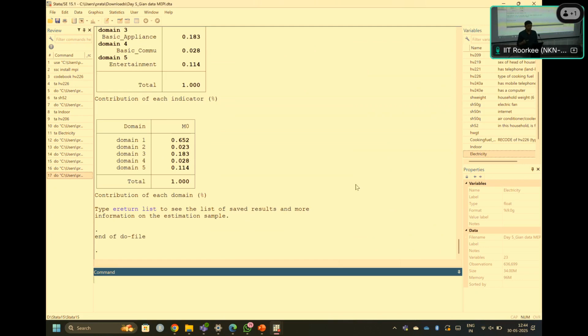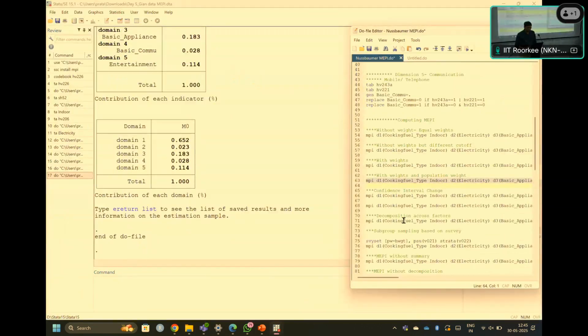Whenever your model is very narrowly defined, at a very sub level or at a very core level, of course your final sample will be very small. When your final sample is small, it cannot represent the entire India. You have to take the population weight, or the individual file with individual information. Is it okay? So hence I should try here.